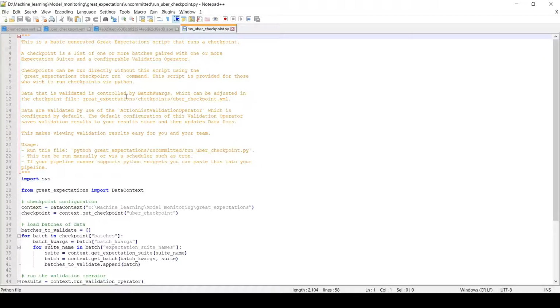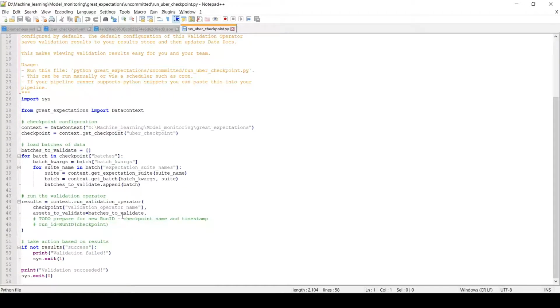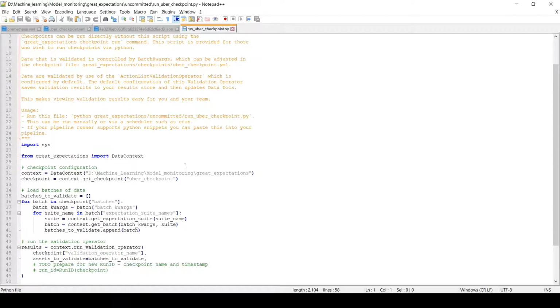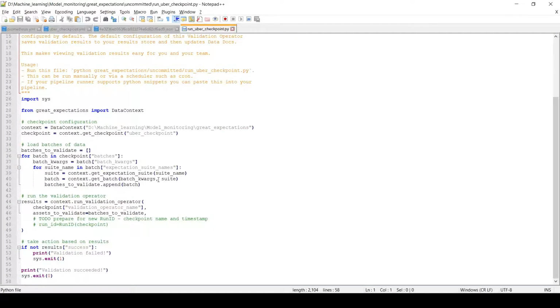We'll open it, and you can see it has all the instructions required to run your checkpoint. Okay, so here it's accessing my validation data. So whatever data we need to use for validation, it is simply using that data, and then it's performing validations against the expectation suite. Okay, so you can see it's running a validation operator, and the asset to validate, it's using this asset to validate, batch to validate.